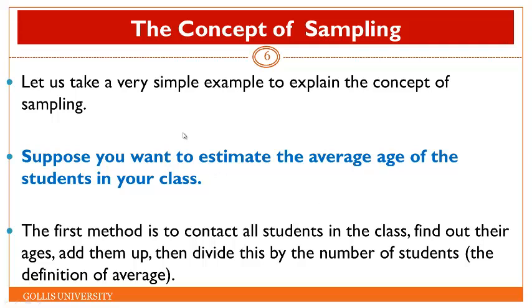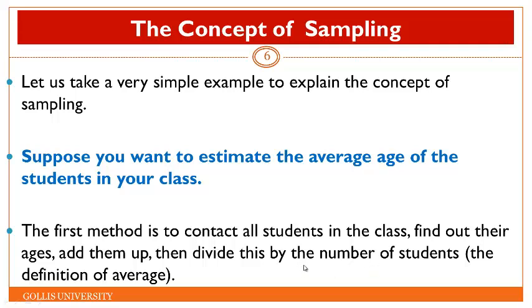In order for us to explain sampling, let us take a very simple example to explain this concept. Suppose you want to estimate, for example, the average age of the students in a class. There are two methods by which you can get the average age of the students in the class. The first method is to contact all students in the class, find out their ages, add them up, then divide this number by the